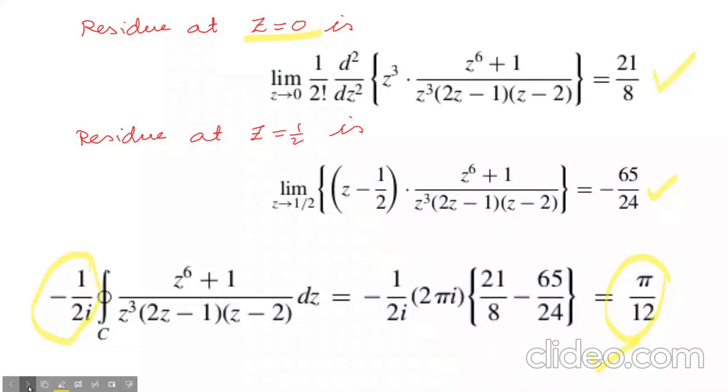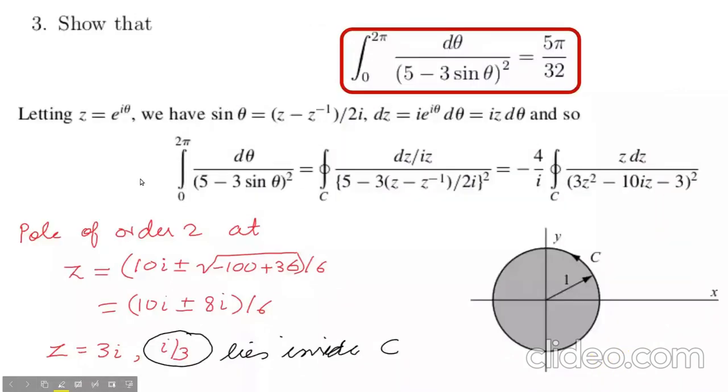This is again a similar question, and again we can assume that z is e to the power i theta, and we can replace sine theta and d theta in this expression, and convert this integration into the corresponding contour integration. But if we consider the denominator, here the poles are of order 2. Here this is a biquadratic equation, so there will be 4 roots, but as there is a square term, 2 roots will be repeating.